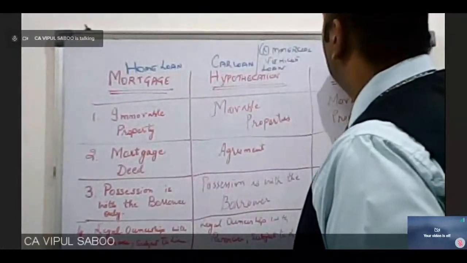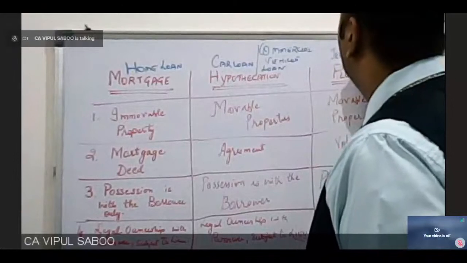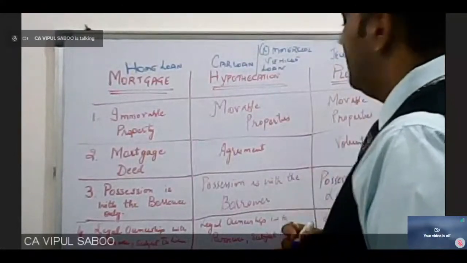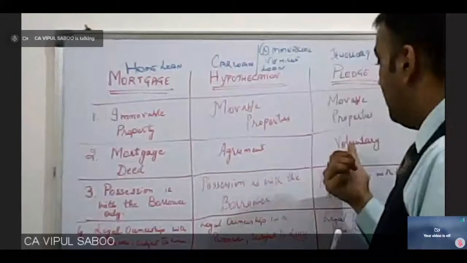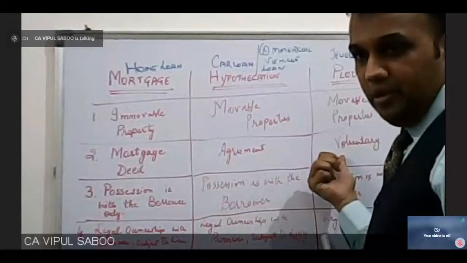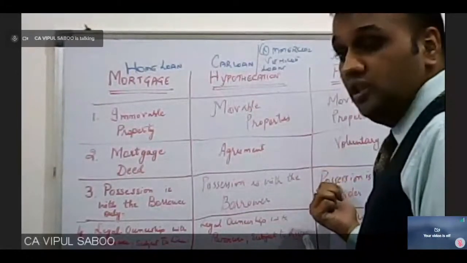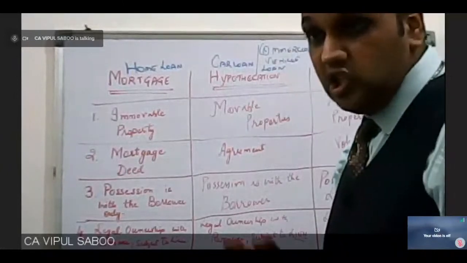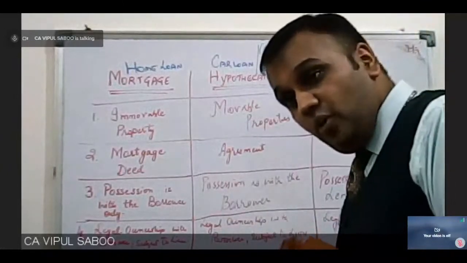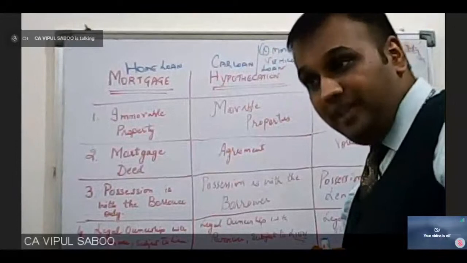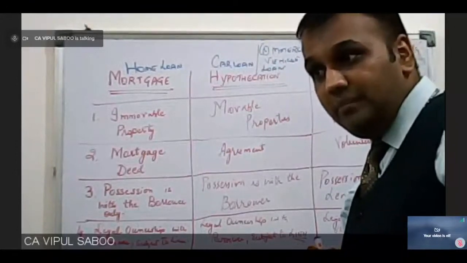For pledge, we have jewelry, gold loans. Gold is movable. Voluntary agreement is completely upon us. Possession is with the lender, the jeweler. The jeweler keeps the gold with him and lends us the money. When we return the money,